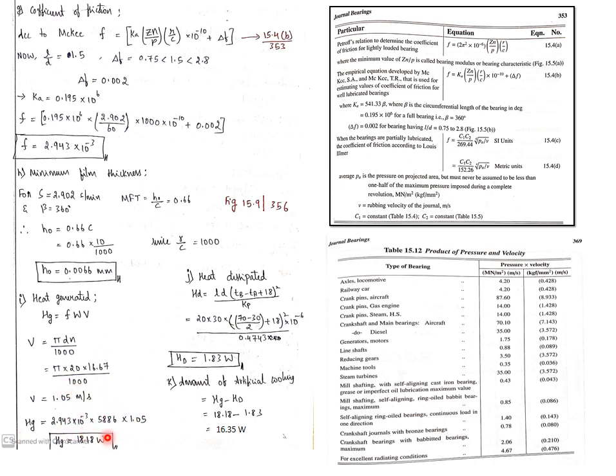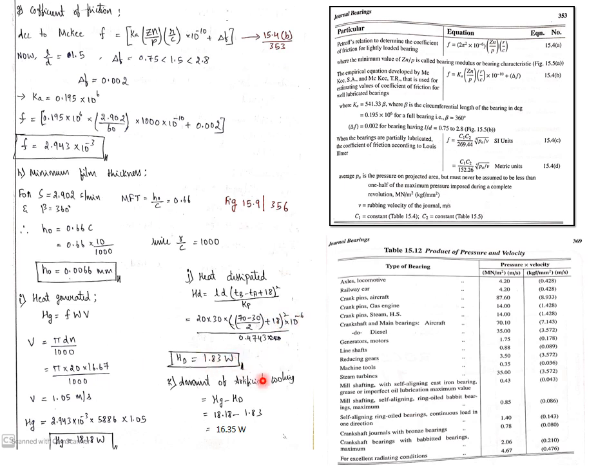Once you get the value of heat generated, it's time to calculate the heat dissipation. According to the formula, Hd is L into D times bearing temperature minus ambient temperature. Keep this in mind: he has not given the bearing temperature, he has given the operating temperature, hence you have to take this step, that is 70 minus 30 by 2, which defines tB minus tA, plus 18 whole square. So you can find the value of heat dissipation.